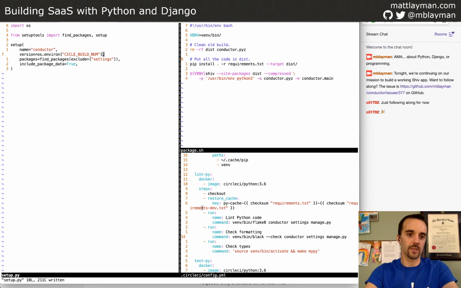Now you may notice that unless I define this, it's going to fail locally. So we can test all this out, but I essentially want the same pattern here. This is just a bash shell, so this becomes easier. Circle build num. By doing those two things, I should have,